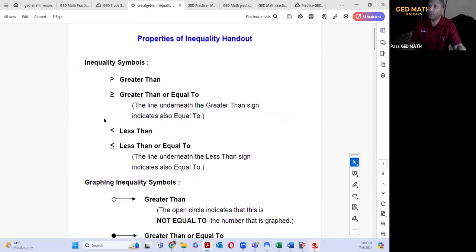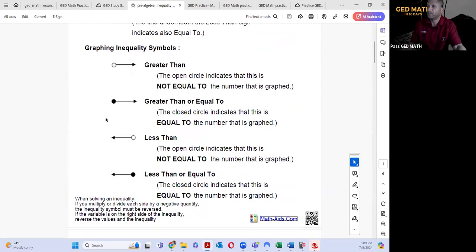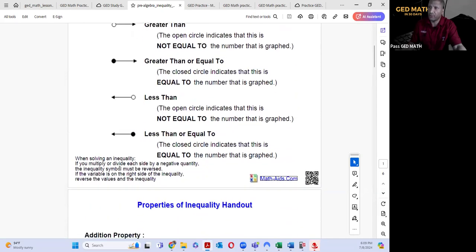So these are the rules we're talking about right here. When solving an inequality, if you multiply or divide each side by a negative quantity, the inequality symbol must be reversed. If the variable is on the right side of the inequality, reverse the values in the inequality. Okay. So let me find a nice one. Does anybody have an inequality that they've been working on? And while I'm looking for one,